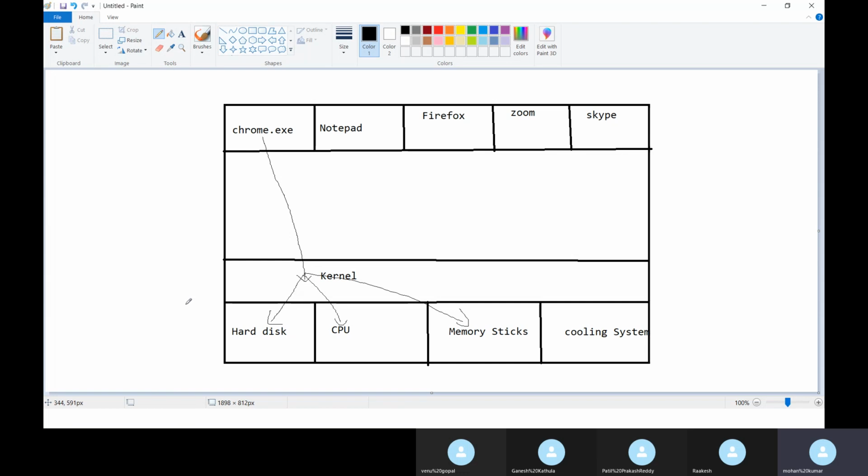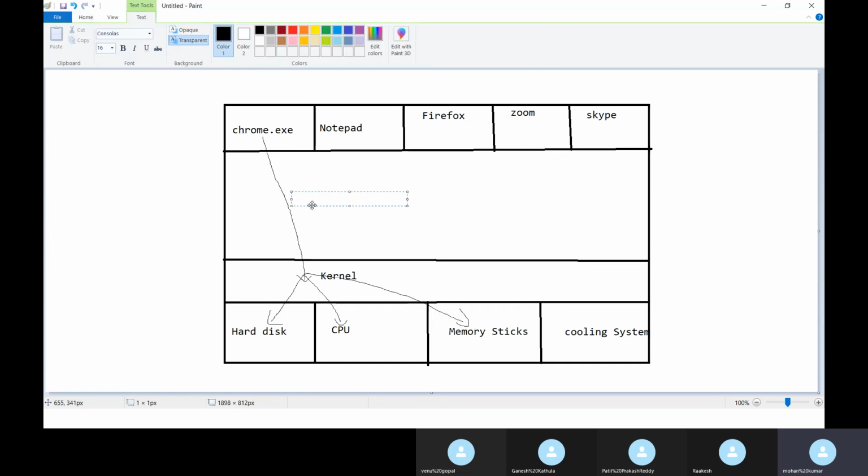The kernel is responsible to understand the system call that a process is giving. A system call is nothing but the process call. Whatever call a process gives, the kernel has to understand it and allocate the resources according to the request.